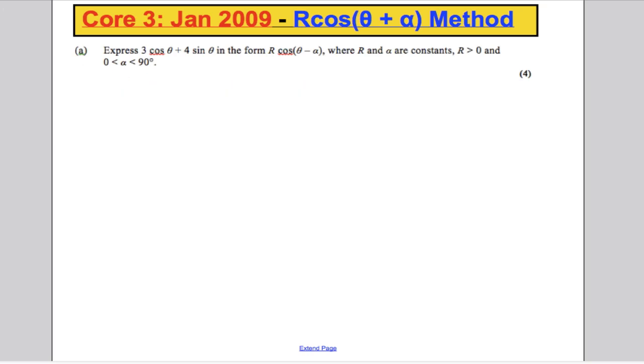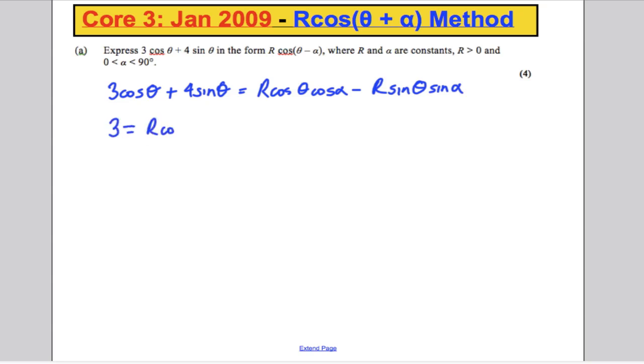Okay, going through this one, as always part A is express this in the form R cos theta minus alpha. This is simple as always, so we have 3 cos theta plus 4 sine theta must be equal to R cos theta cos alpha, subtract R sine theta sine alpha. We can do our usual equations from this. We can state that 3 must be equal to R cos alpha, and we can state that 4 must be equal to